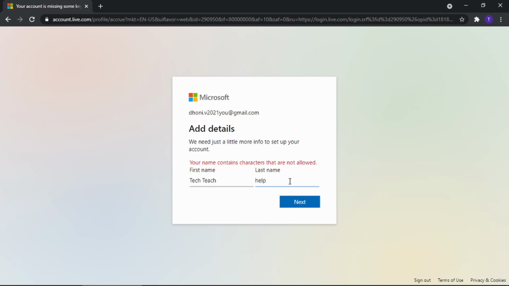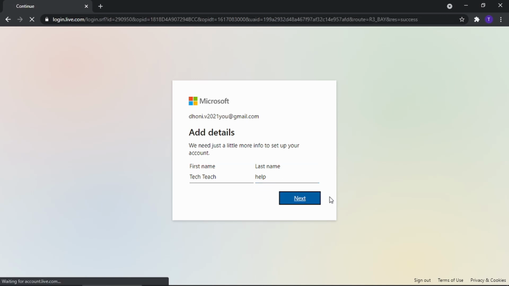So in the name you can't enter characters like and or etc. So after doing that, you need to click on next. As you can see, I have done it, and now again it would load for a bit of time.